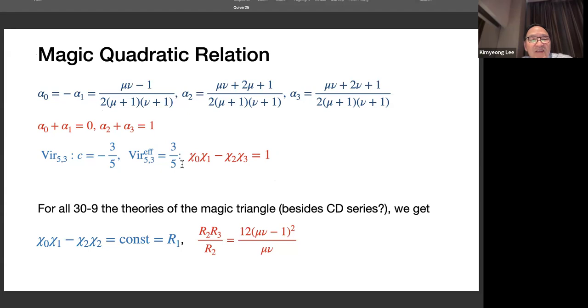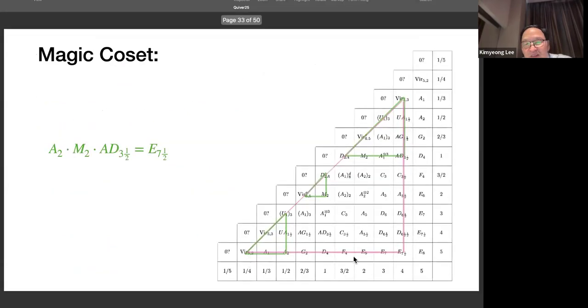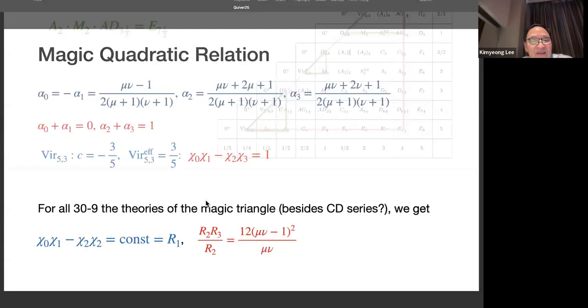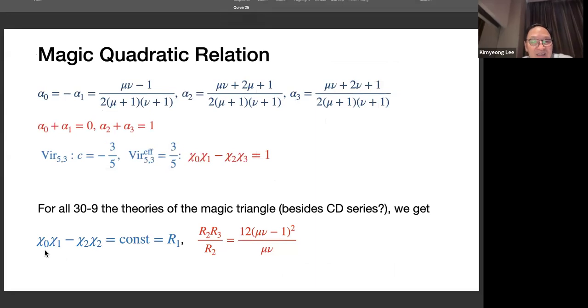So in some sense, you make two series and a direct product, and the central charge is equal to 1 and 0, so the series should be trivial, which is the identity. Now we found, except the Deligne series or the Saturn Deligne series, except at the bottom and this vertical series, we are still trying to understand what's going on. We found characters have this beautiful relation, chi0 times chi1 minus chi2 times chi3, is equal to